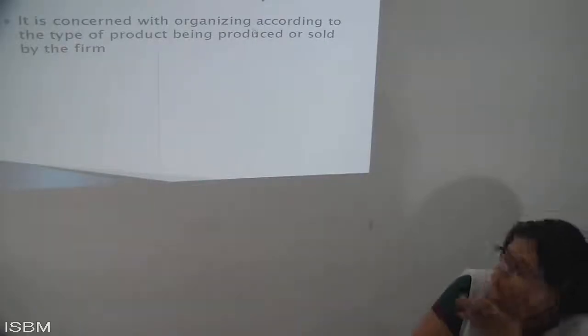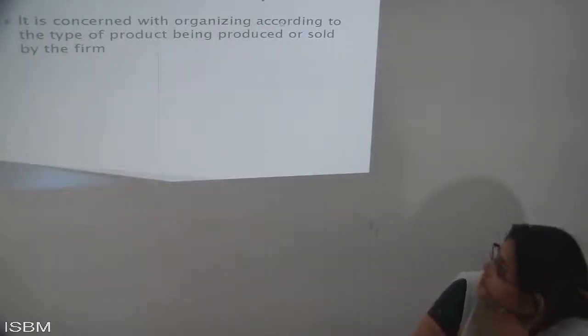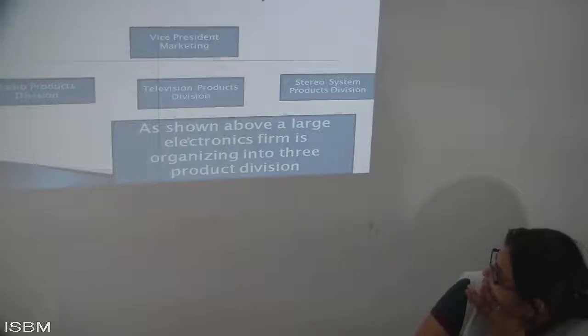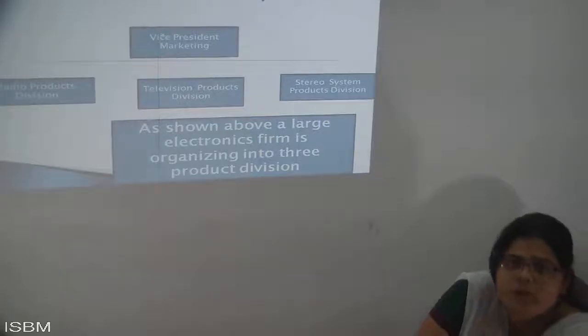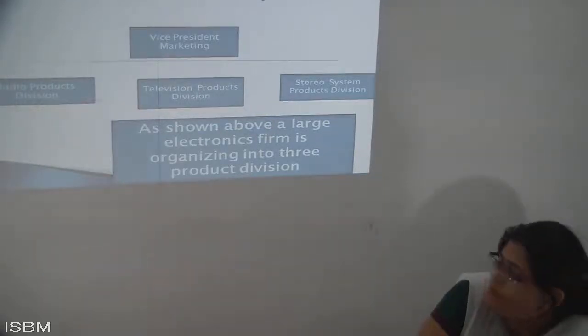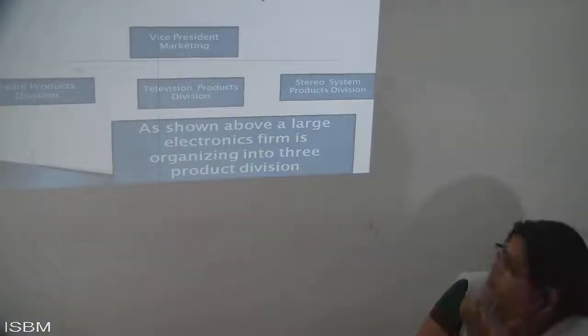Next is departmentalization by product. Here everything is classified with the help of product. For example, you have one department with radio products, television products, and studio products. These three types of products are communicated through the VP of marketing, because these are all market-based products which you sell. Ultimately, this person will report to this division, this person will report to that division, and this person will report to you, because in firms, each person reports in a different way.